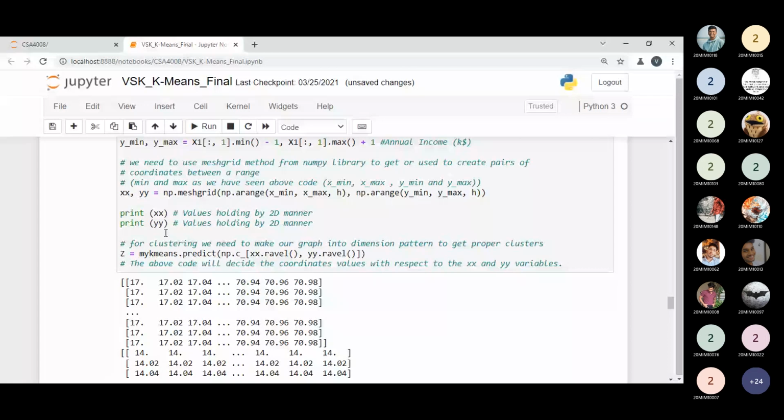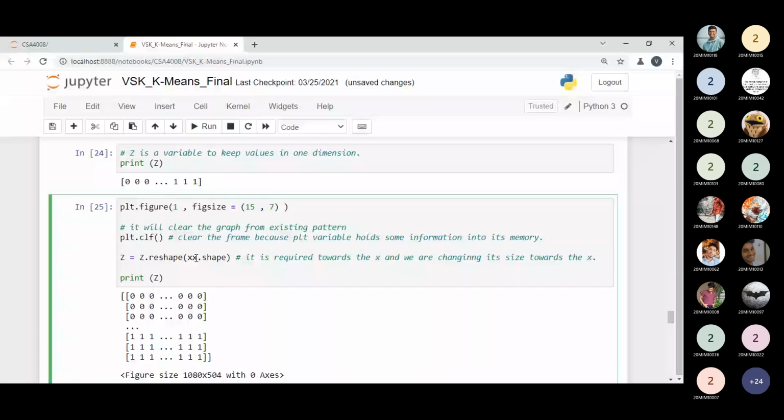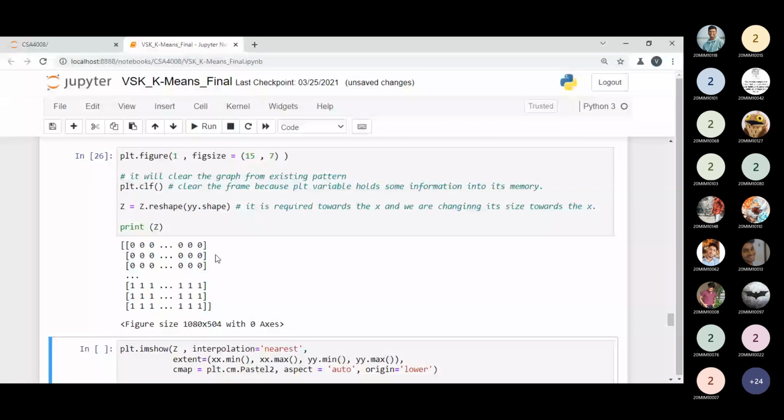So is it a better idea to transform our x and y coordinate into one dimension first, and we are using the z, and now we are just changing the z variable towards the x shape or x size. If you do not want this step, you can take the y. No issue. Whatever you want to use, you can take. It's a choice. But I suggest to people always keep the x, because x is important. X is where we can perform many things.